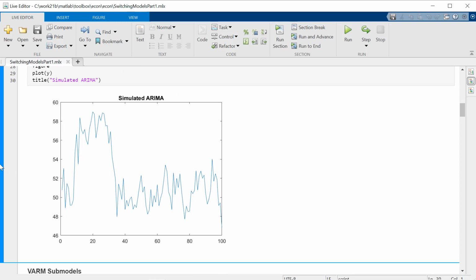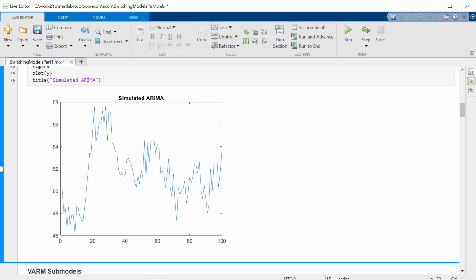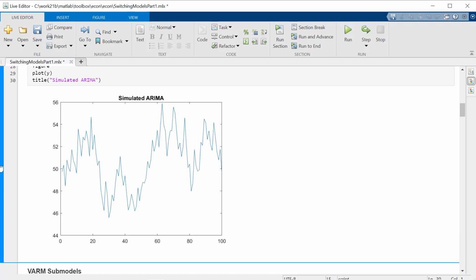And because it's a stochastic model with random innovations here, if we run this again, of course we get a different simulation, run it again, get a different simulation. All of these different paths of the model have the same statistical description that we've constructed here, but they behave differently due to the random innovations that are part of the model.